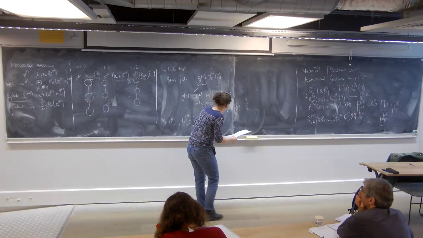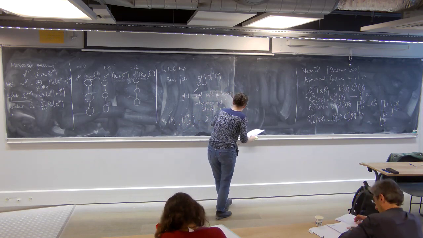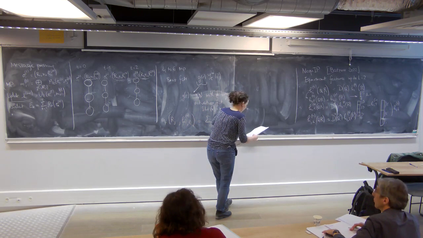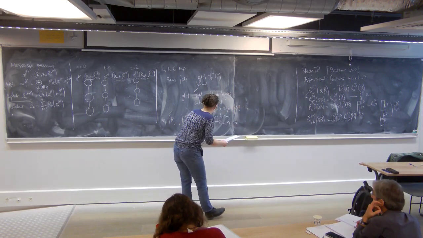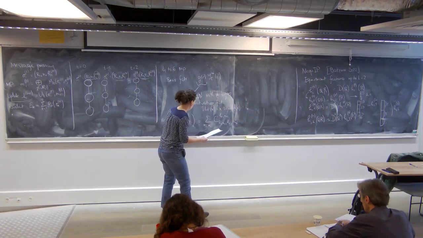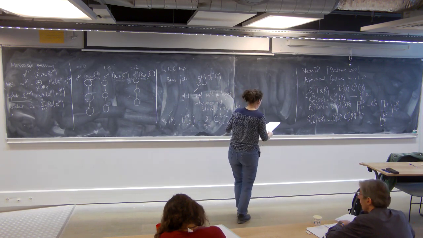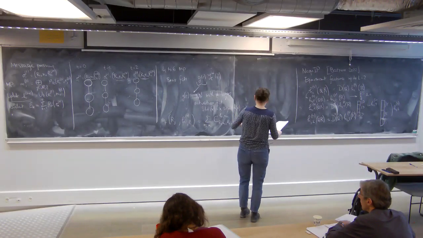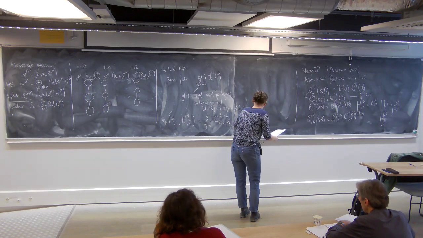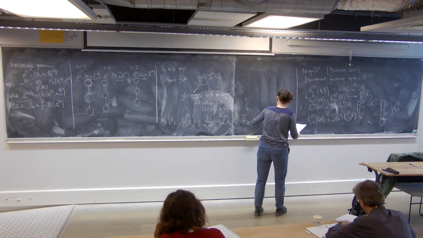So here we have L output and M output, and then we have to sum over M filter and input. And so here somehow we sum over the neighbors